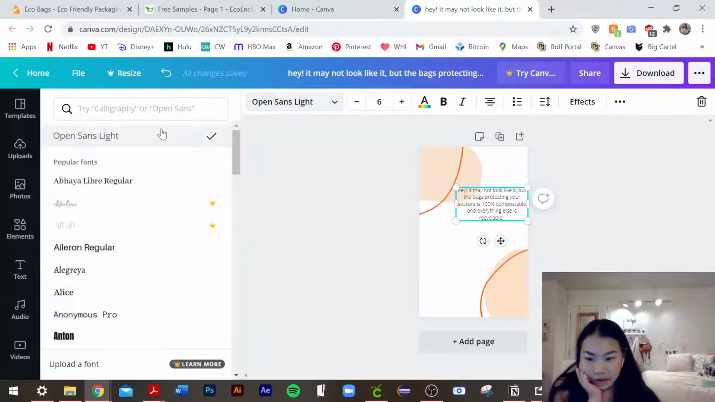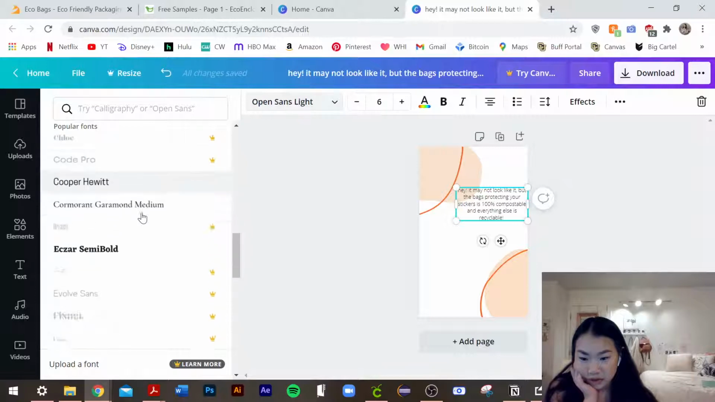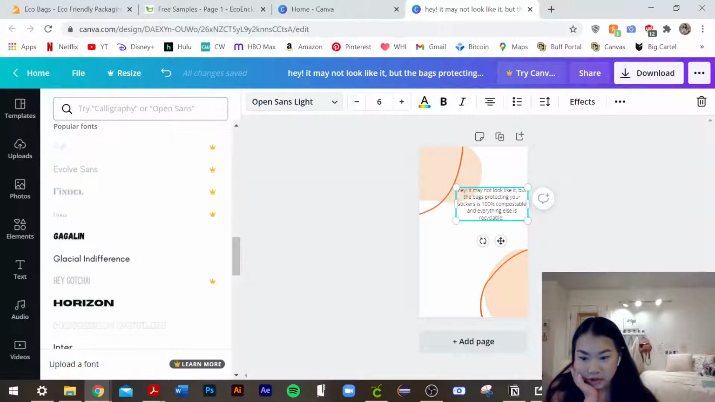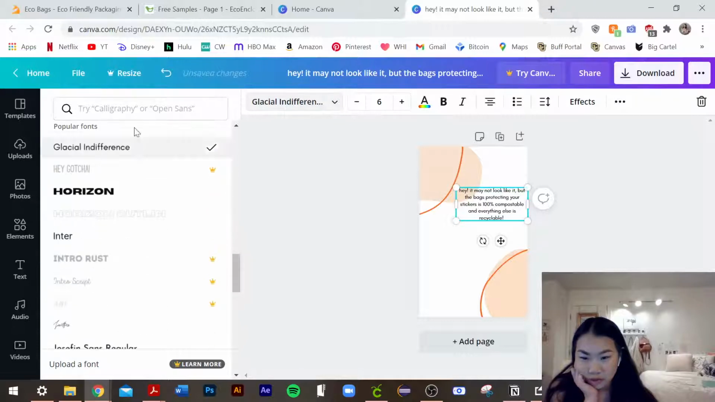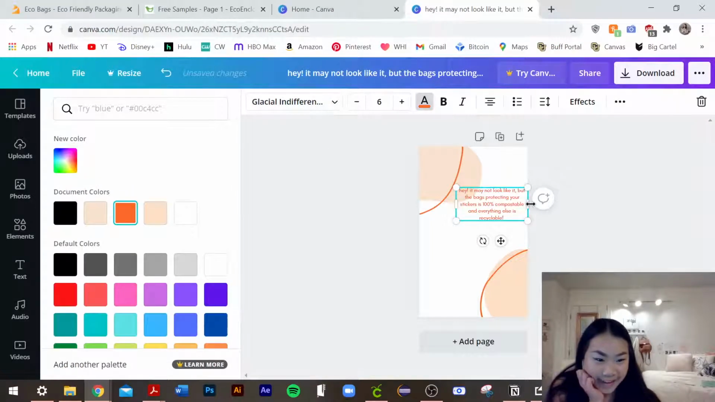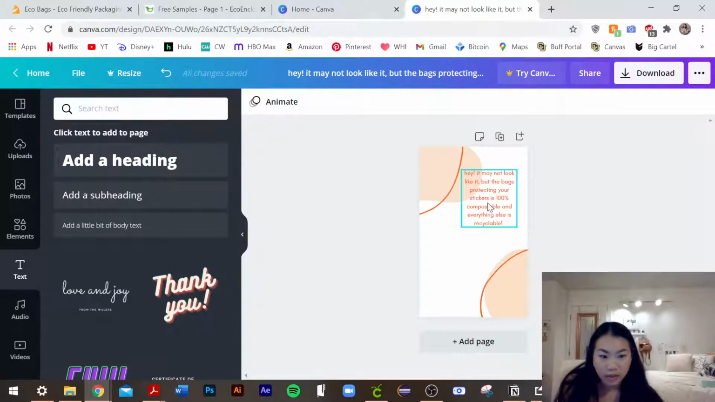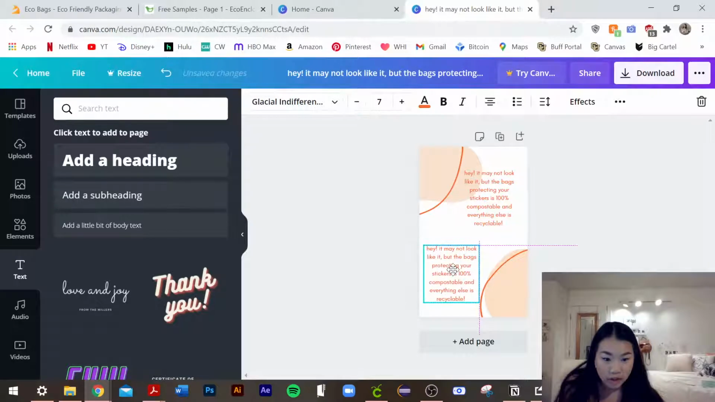I'm going to pick a font that I think is relatively nice. I feel like this one is one that, I don't know. Fonts are something that I don't really like to talk about. Okay, so I'm going to make it like this, and then I'm going to make it a little bit bigger so it's a little bit easier to read. And now all I'm going to do is copy and paste, and then change the text